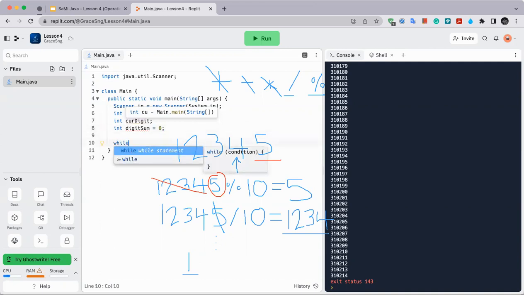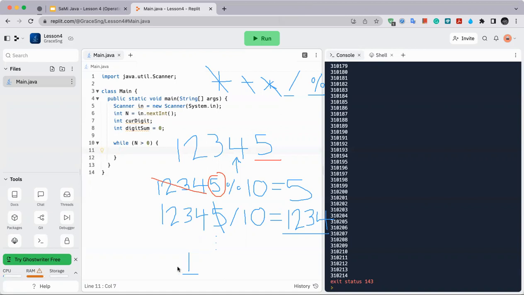Okay, now remember that I said a while loop comes in handy. So what our condition here will be is while n is greater than 0. And why is that? Let's take a look. So in our final loop,